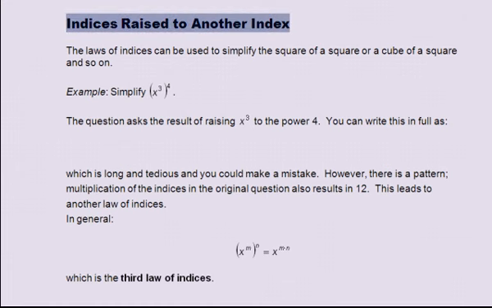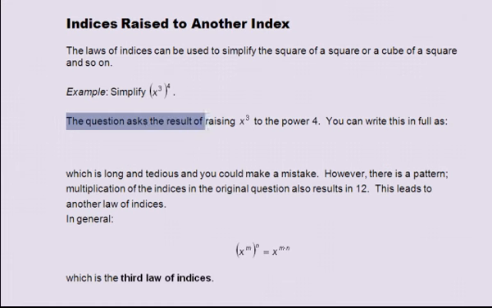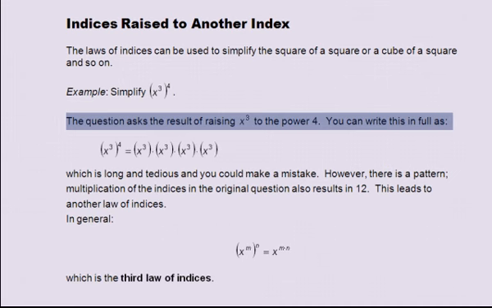Indices raised to another index. The laws of indices can be used to simplify the square of a square or a cube of a square, and so on. For example, simplify x cubed all to the power 4. The question asks the result of raising x cubed to the power of 4. You can write this in full as x cubed to the power 4 equals x cubed times x cubed times x cubed times x cubed,